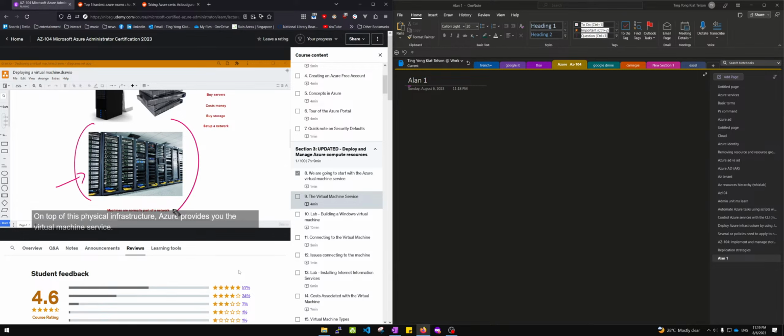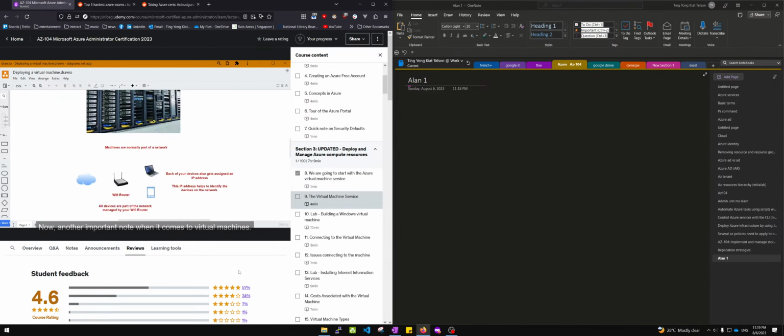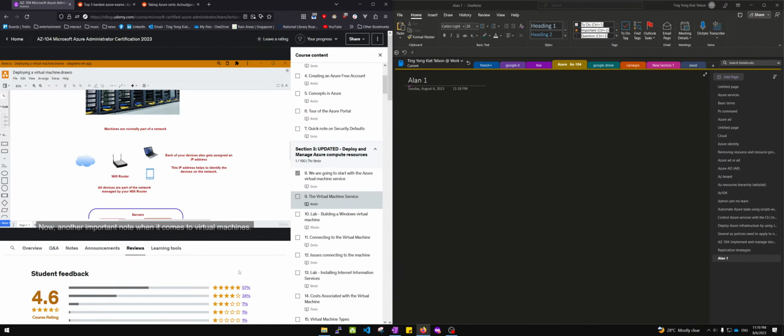On top of this physical infrastructure, Azure provides you the virtual machine service. So via the internet, on the Azure cloud platform, you can go ahead and quickly spin up a virtual machine. We're going to see this in subsequent chapters. Now, another important note when it comes to virtual machines. Now, normally if you look at a machine, so even if you look at